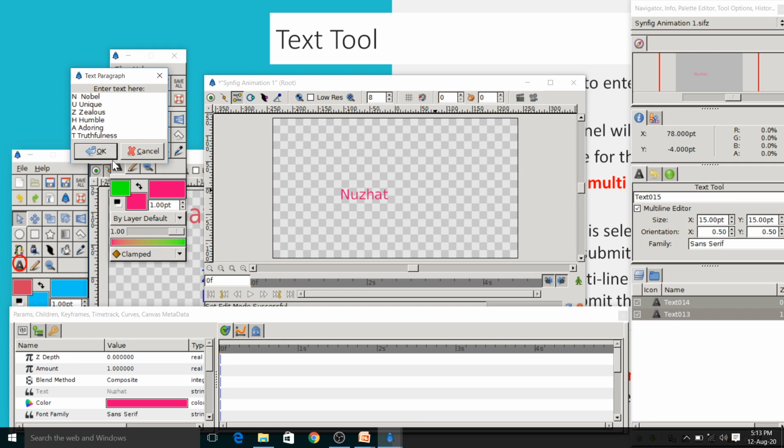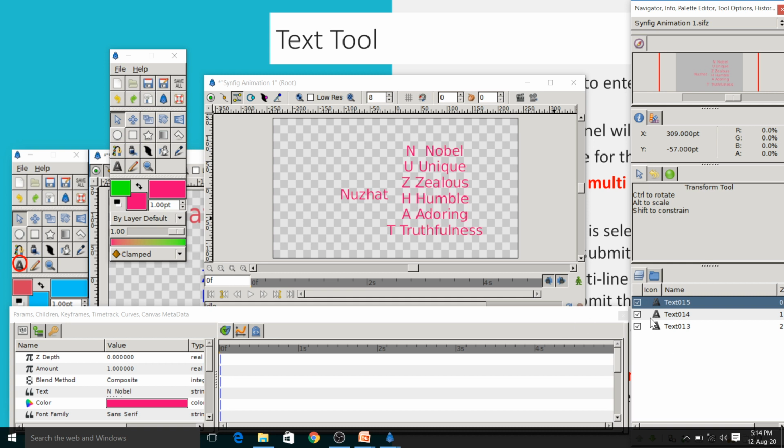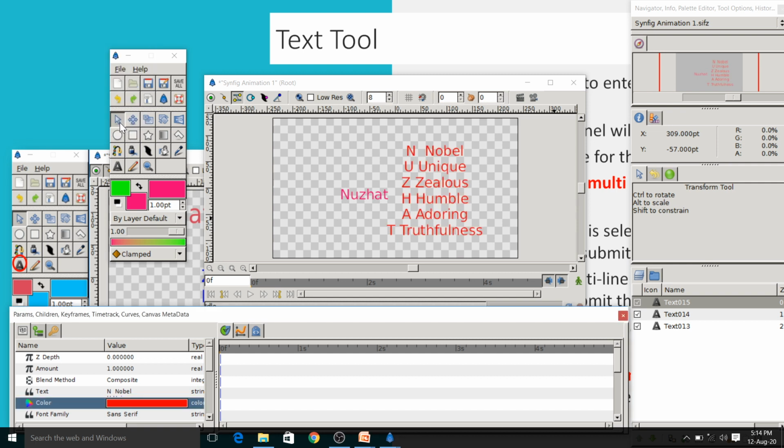The enter key will bring the text onto a new line. So now you have to click OK. So this text I'm getting here. We can even change the color. You know how to change the color. You have to select that particular text, and then you have to change it from here. Yes, this way you can change the color.